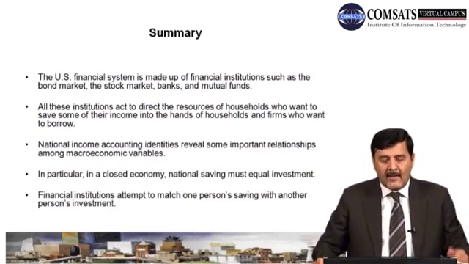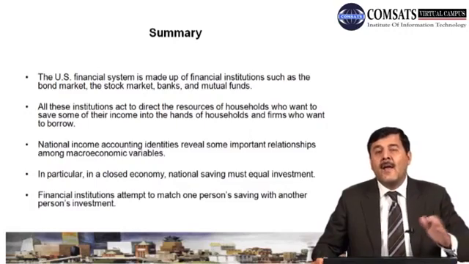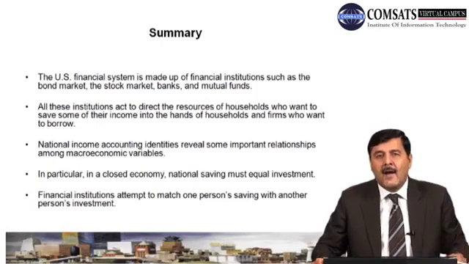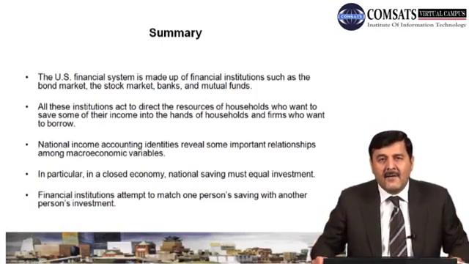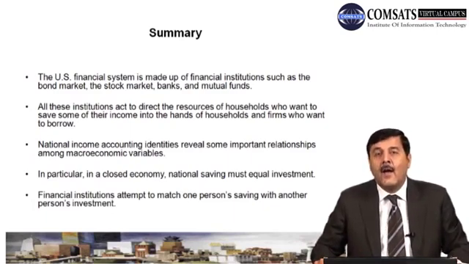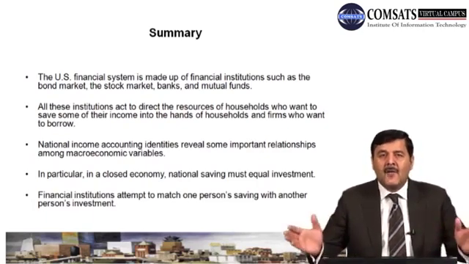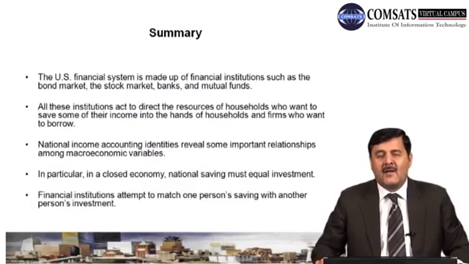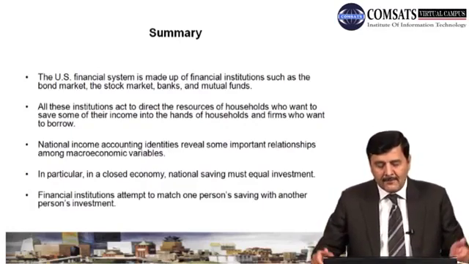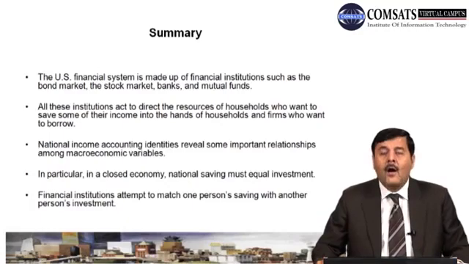उसके बाद आज हमने सीखा कि नेशनल इनकम अकाउंटिंग आइडेंटिटी से हमने सेविंग एंड इन्वेस्टमेंट आइडेंटिटी मालूम की। हमने कहा, as we know that we have a national income identity, which is Y = C + I + G + NX. हमने कहा कि अगर क्लोज्ड इकोनॉमी की बात करते हैं तो NX, जो है नेट एक्सपोर्ट, उसको हम निकाल देते हैं, तो फिर हमारे पास इक्वेशन रह जाती है Y = C + I + G. तो उसको जब हमने रीअरेंज किया, we found that सेविंग इज इक्वल टू इन्वेस्टमेंट इन द इकोनॉमी एज ए होल। उसके बाद हमने बात की कि how financial institution